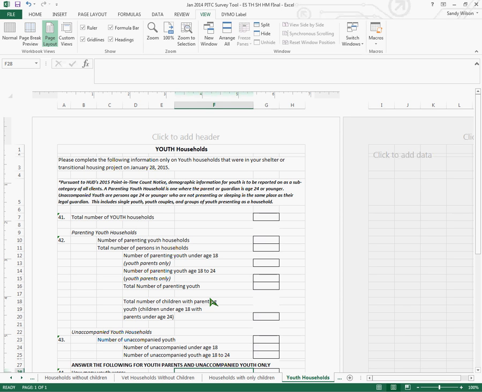That's considered to be a parenting household. So that could be an 18-year-old with a 1-year-old. It could be a 24-year-old with a 5-year-old. But the parent is age 24 or younger, and it does have a child age 18 or younger